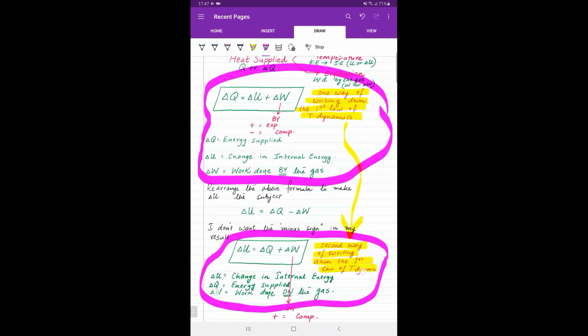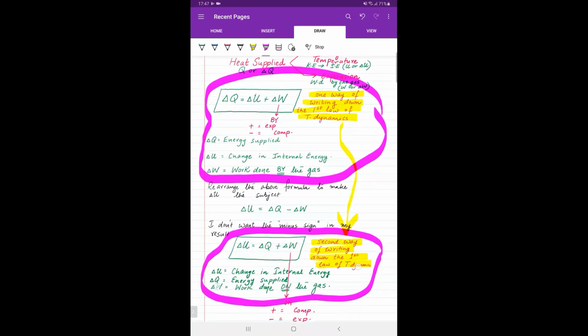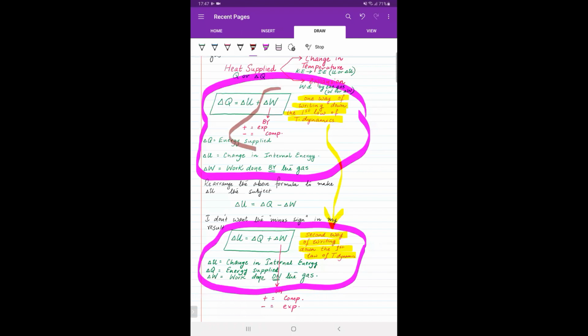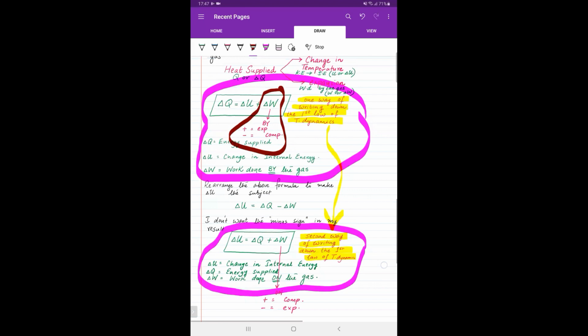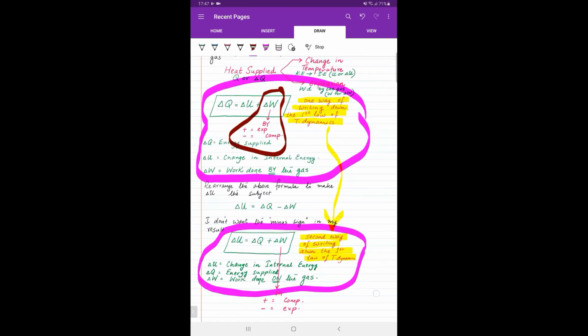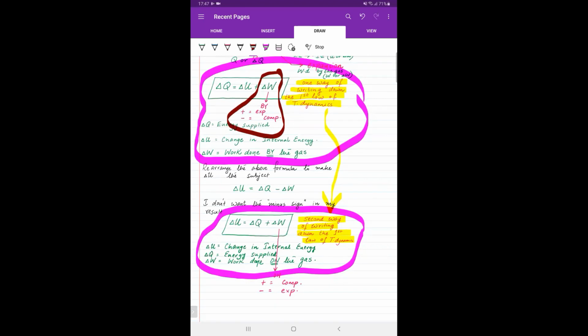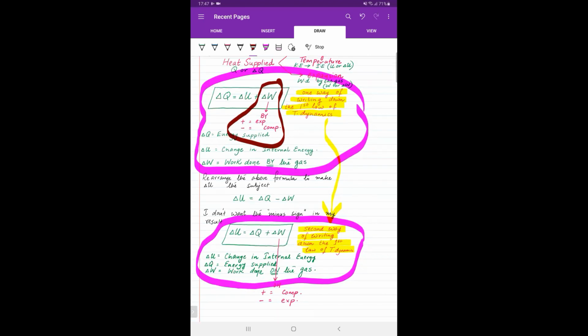तो फर्स्ट वाले केस के अंदर, let me highlight this with the brown marker. फर्स्ट वाले केस के अंदर डेल्टा W was this. मैं ब्राउन से हाईलाइट कर रहा हूँ, आपकी स्क्रीन पर अभी आ जाएगा. ठीक है. सो फर्स्ट वाले केस के अंदर डेल्टा W रिप्रेजेंट्स वर्क डन बाय द गैस, पॉजिटिव फॉर एक्सपेंशन, नेगेटिव फॉर कंप्रेशन. और सेकंड केस में आई एम हाईलाइटिंग इट राइट नाउ. सो सेकंड वाले केस के अंदर इट शुड बी अपीयरिंग इन फ्रंट ऑफ यू. सेकंड केस के अंदर डेल्टा W रिप्रेजेंट्स वर्क इज डन ऑन द गैस, which is positive for compression and negative